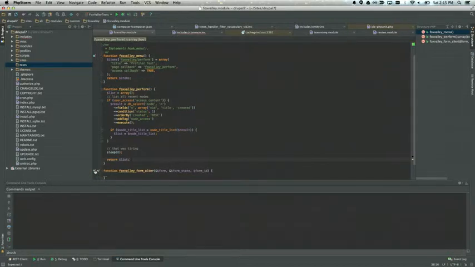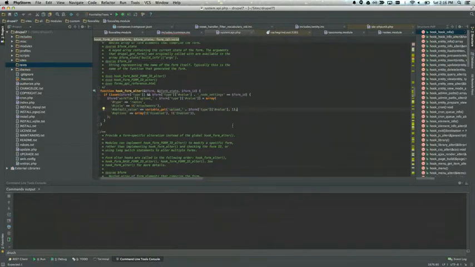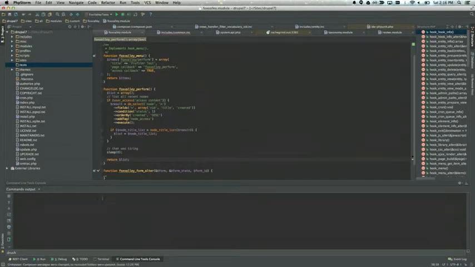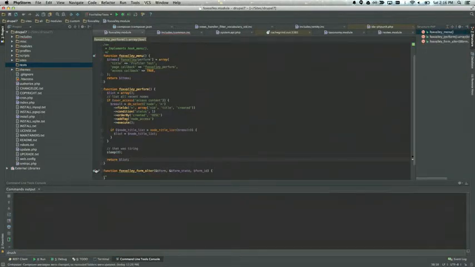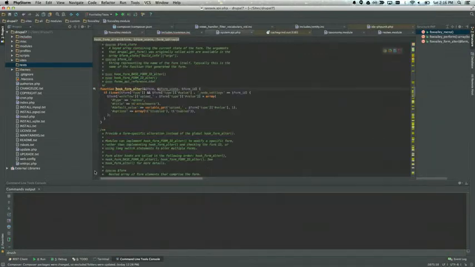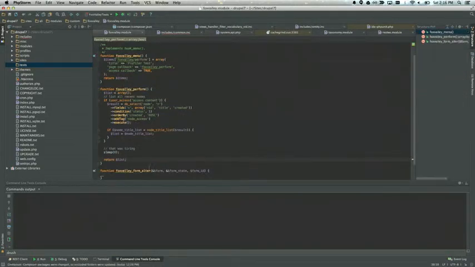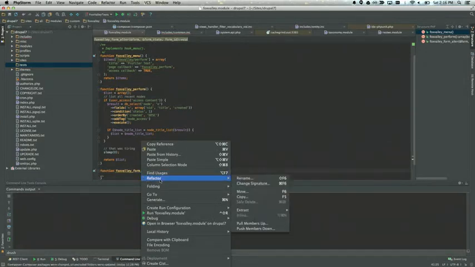I could also go to its definition by clicking on the left gutter there. This is where hook form alter is. If I want the definition of it, I'm sorry. Other ways I could get to it is if I right click.